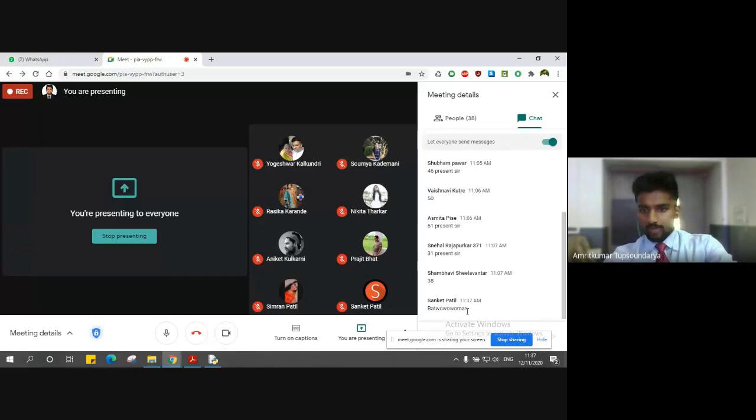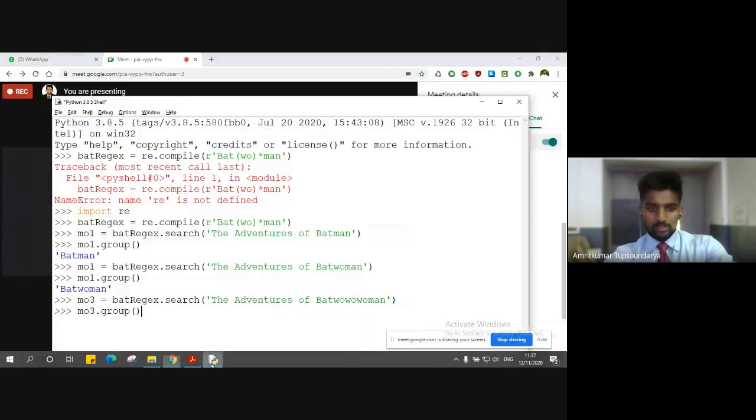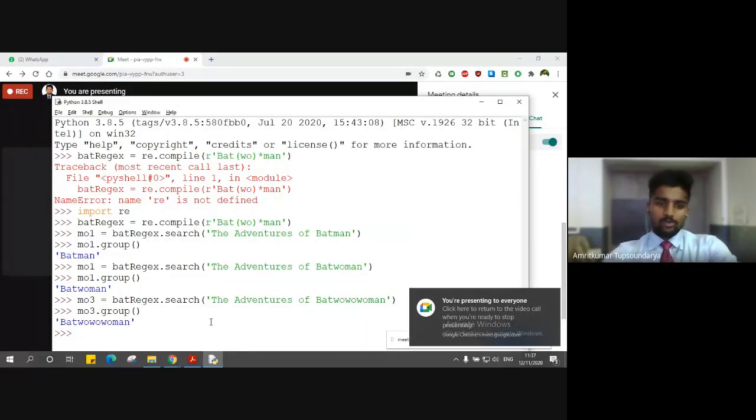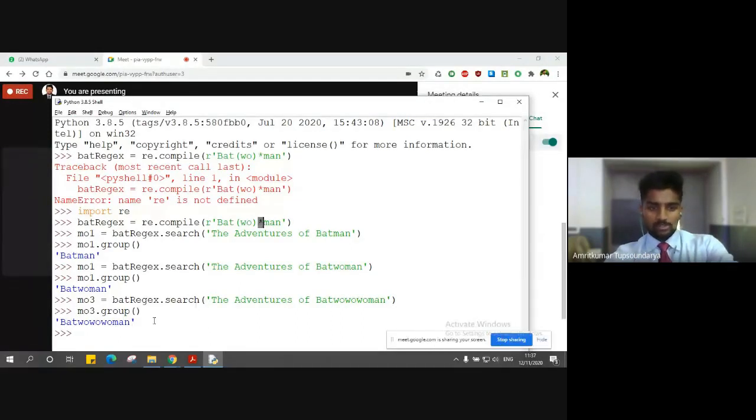It returns back. Okay, so whatever that pattern text matches, it will return. Exactly. The reason is because we have included the star, the asterisk, here. That means zero or more, right? And when you replace it with a question mark, it will just give you zero or one instance, right? Let me show you that also.